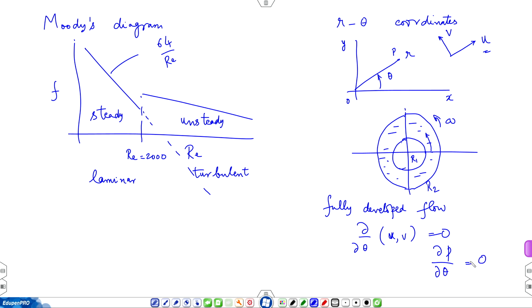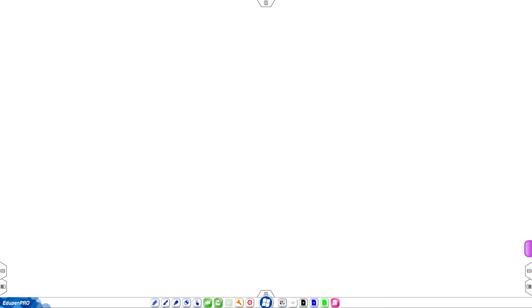the pressure variation in theta direction is also 0. Then how is flow sustained? Flow is sustained by the movement of the outer cylinder. So, it is like a Couette flow problem in r theta coordinates. Let us apply these simplifications in r and theta